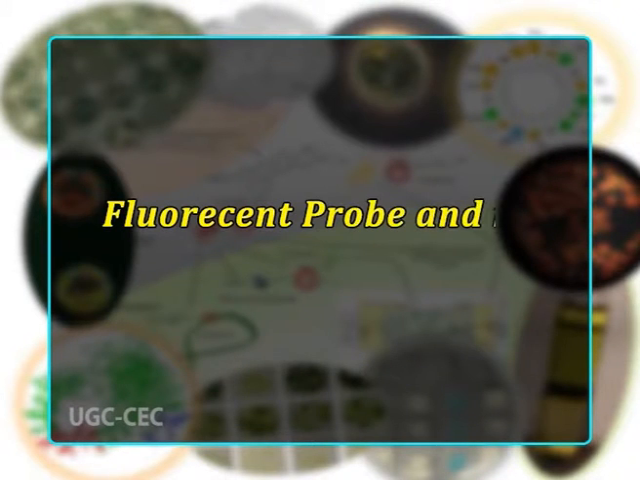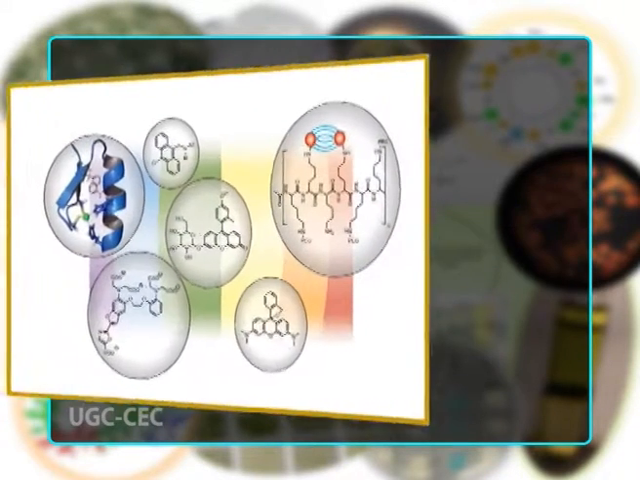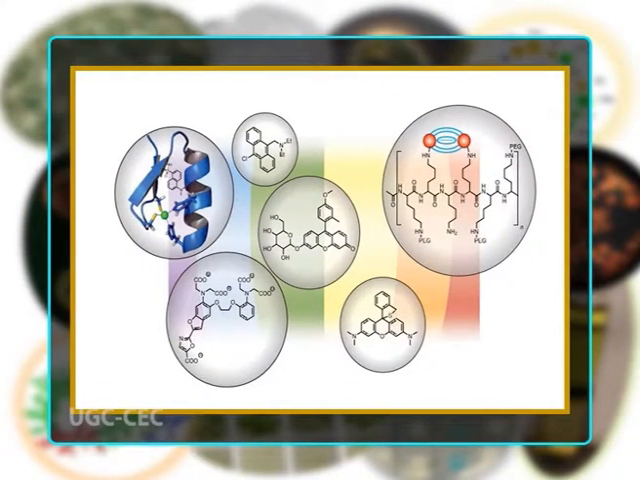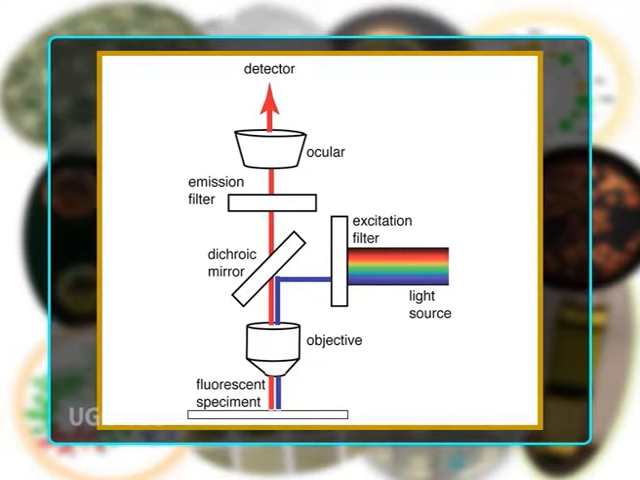Our last topic is fluorescent probe and its working principle. Fluorescent probes are molecules that absorb light of specific wavelength and emit light of different, typically longer wavelengths. The process is called fluorescence and is used to study biological samples. The molecules, also known as fluorophores, can be attached to the target molecule and act as a marker for analysis